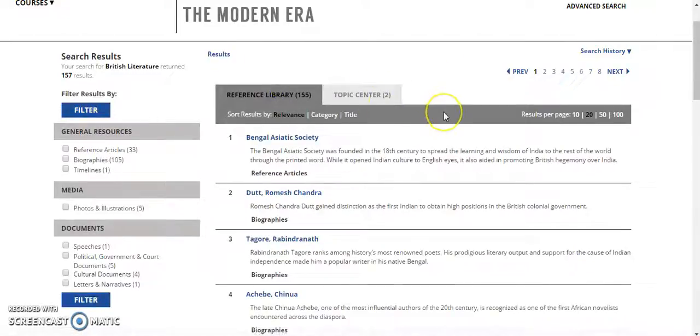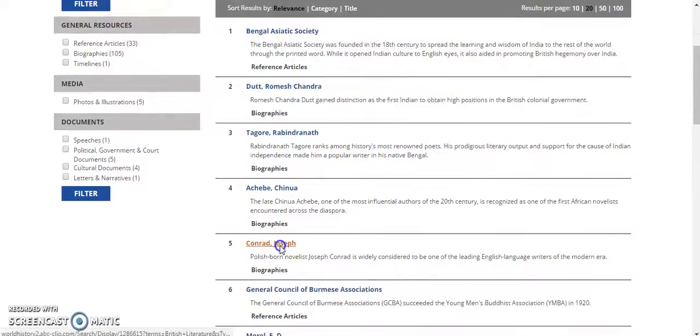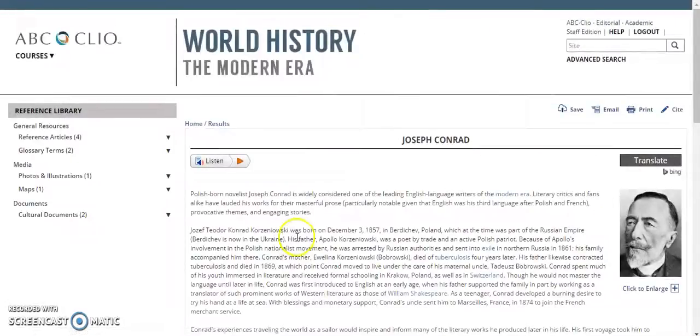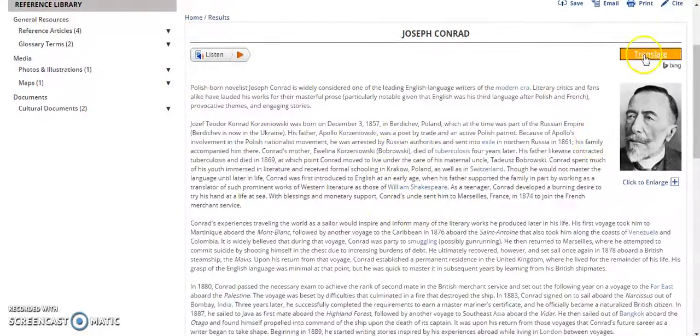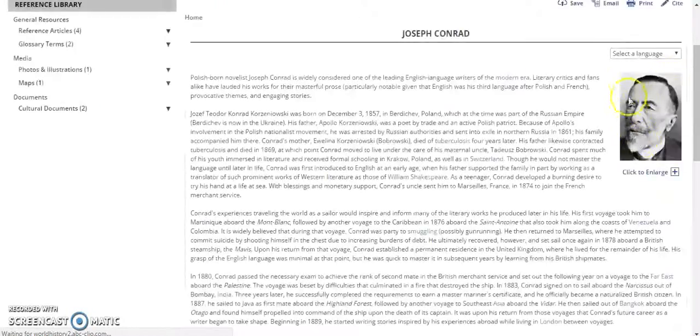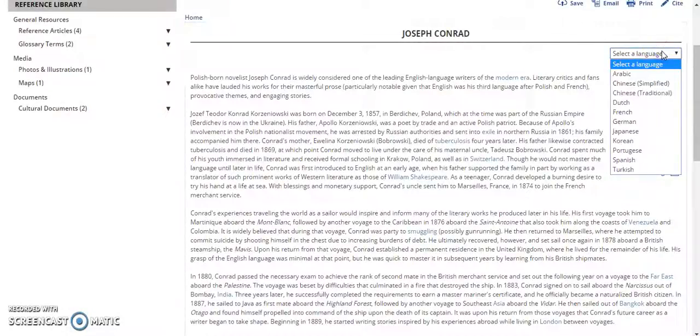So if we go back into the reference library, we can click on one of our results. I'll look at this one on Joseph Conrad, and there are some great tools in here. First, you can click on Listen, and it will actually read off the entire document. You can click on Translate, and this is really cool. You can select a language, and there's a bunch of different languages in here that you can actually translate